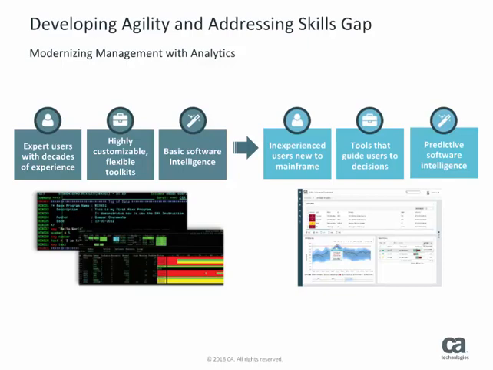For CA Technologies to deliver truly valuable intelligence in our products, we need to work with our customers to understand their goals and challenges, and how their teams work together to deliver outcomes. This customer-connected approach allows us to design intelligence into our products in a way that fits naturally in real-world scenarios.